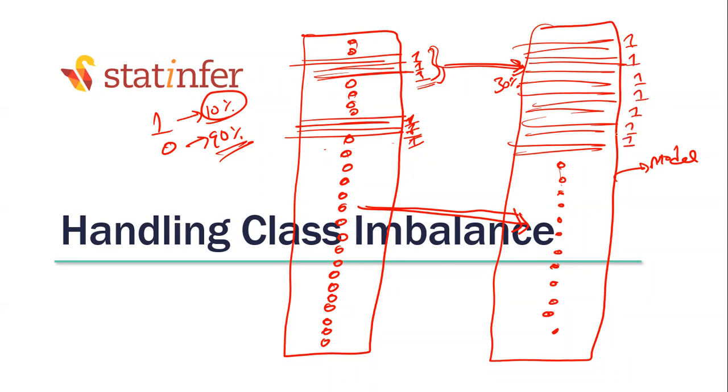That means you are feeding some kind of biased data to the model, so that the model can learn the patterns related to one. And that is more beneficial than feeding the original data. If you feed the original data, the model that you get will not be useful. Whereas if you feed this data, even though there is a less chance of finding one, even though there is a small case of fraud, the model will actually find it. This is going to really work in practical cases.